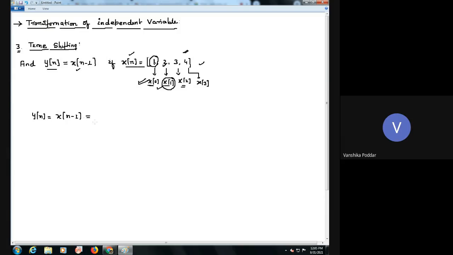Sir, if we keep n equal to 1, then 1 minus 1 will be 0. So it will be x[0]. Okay, and at n equal to 0, what is the value? Sir, 1. Okay, you tell me at n equal to 1, what is the value? Sir, at n equal to 1 is